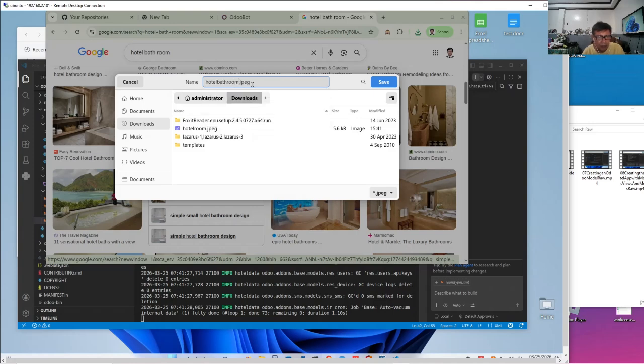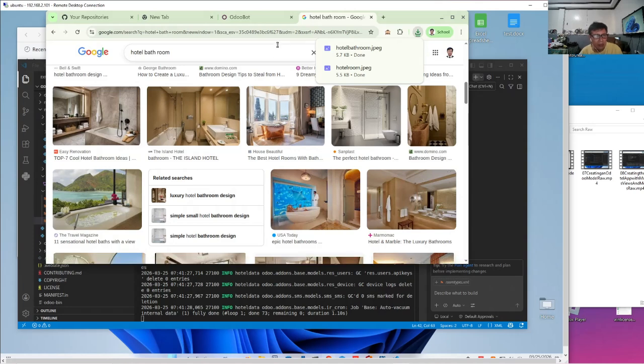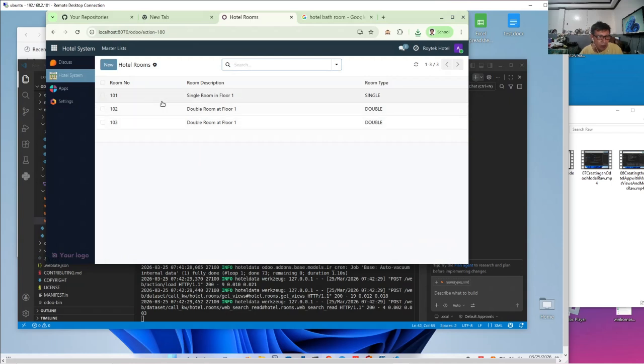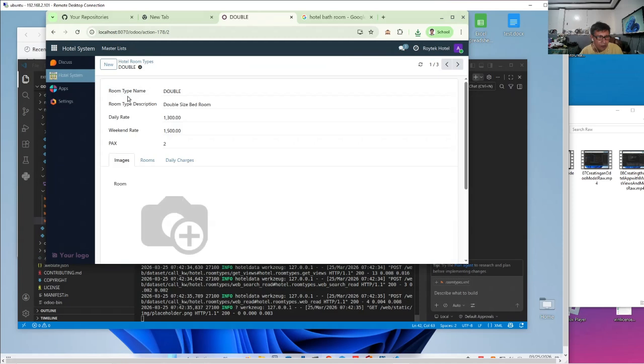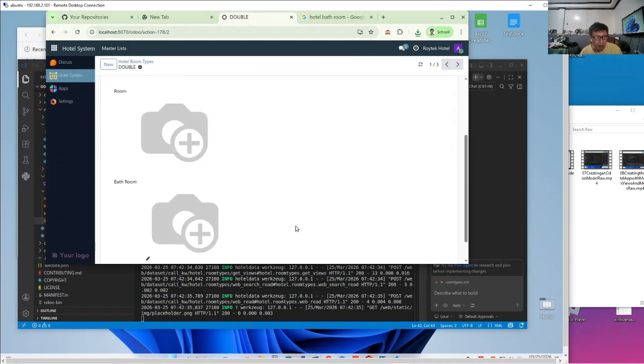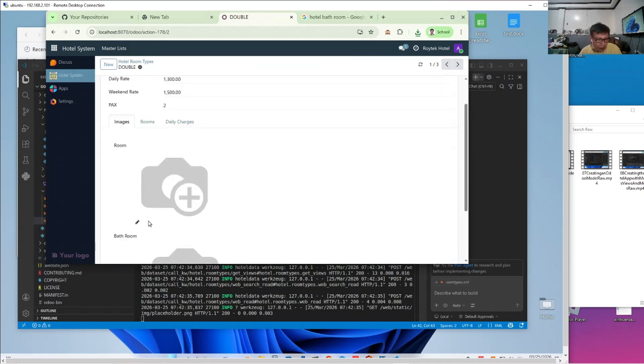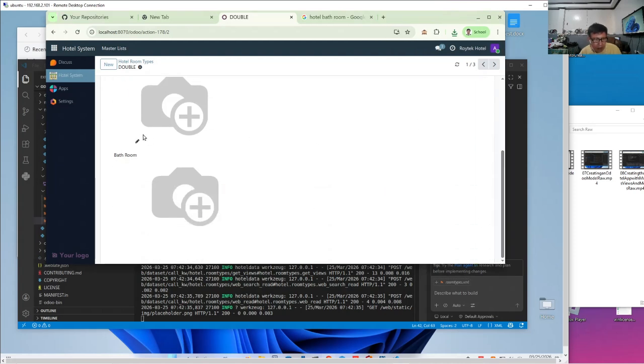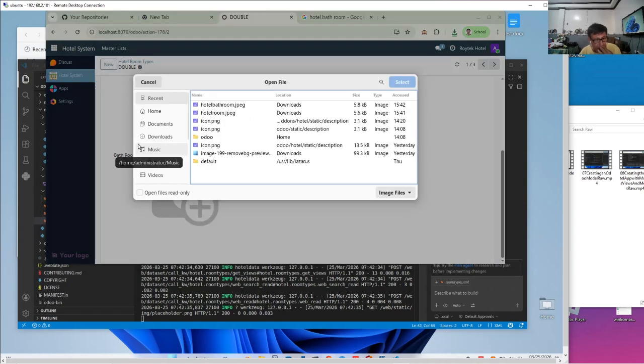Now, are we ready? Yes, we'll assign an image. For example, we'll go to a hotel room type and open double. Now look at the widget. There's a small edit button there, and you can expand this, and later you can also delete this.